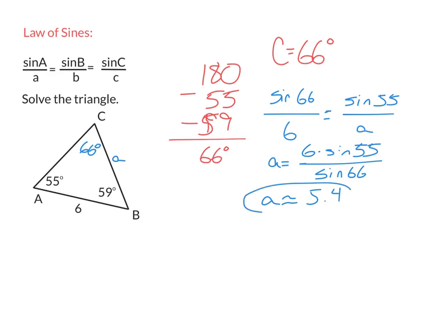So we now have our second answer. We know A, and we know angle C. Let's find our last side. Again, we can start the same way. Sine of 66